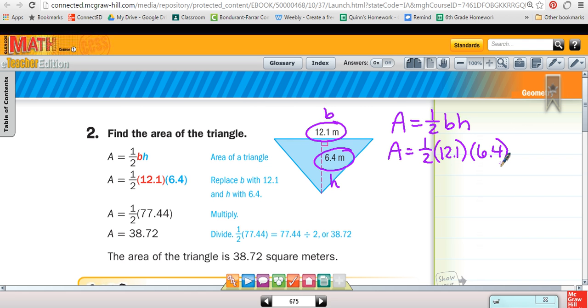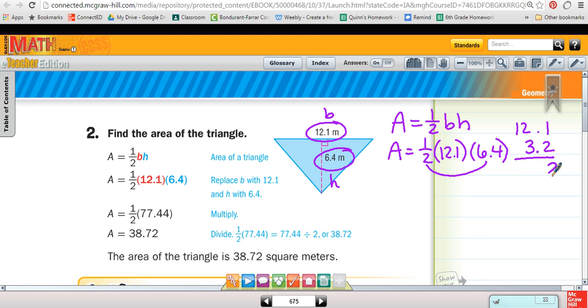Now, because multiplication is commutative, I could take half of 12.1, but that's not very easy mental math for me to do. So instead of taking half of 12.1, I can actually take half of 6.4 because that's easier mental math. I know that half of 6 is 3 and half of 4 is 2. So I get 3.2 and I have 12.1. So I'm going to take 12.1